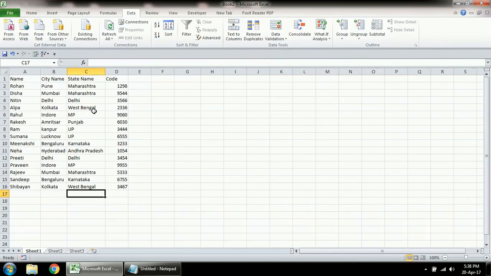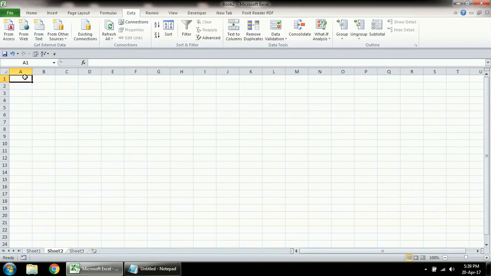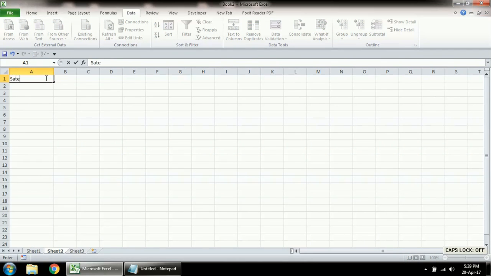So again, this is a long tedious process. If we have data where we have around 100 or maybe 200 or 1000 states, again this is not easy to apply the validation rule, because we have to type every state name in the validation box. So how we can make it more easy and simple is, normally when we talk about data, we always keep a separate master data where we keep the complete range of information. So when we talk about state,